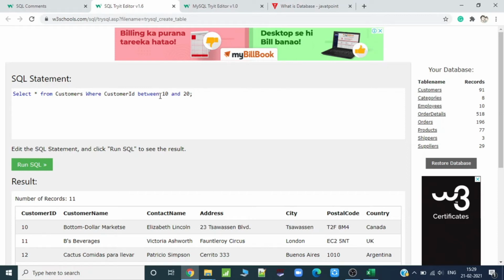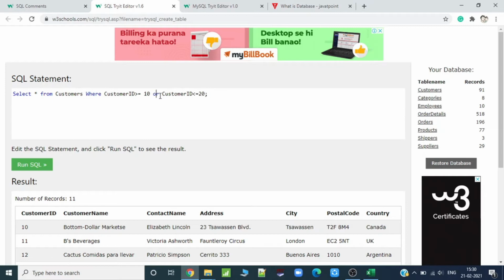What else can you write here? Customer ID is greater than or equal to 10 or customer ID is less than or equal to 20.